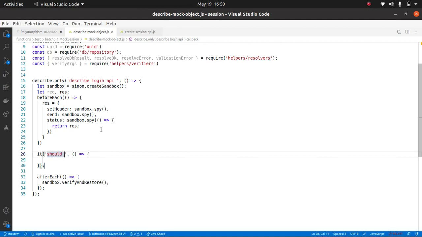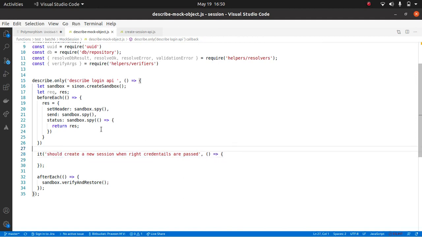The status should also be returned. That is one part. Okay, so let us say describe login API: should create a new session when the right credentials are passed. Correct?